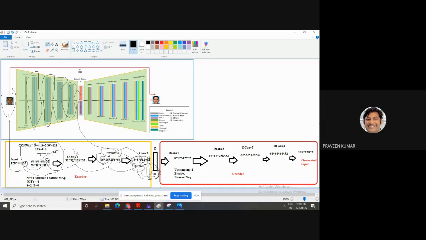This one is the encoder. What is the encoder? To represent your input in a compact representation. The standard value of Z is 15 to 200. This is the standard size of your Z. Z size selection is a very challenging task. Depending on your results or your data set, you can decide which size is suitable for my model. After converting this Z, we require to reconstruct this image into an output image, so we go for the decoder.